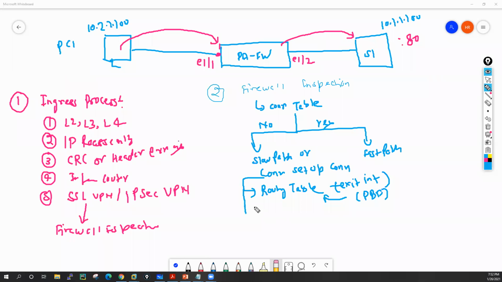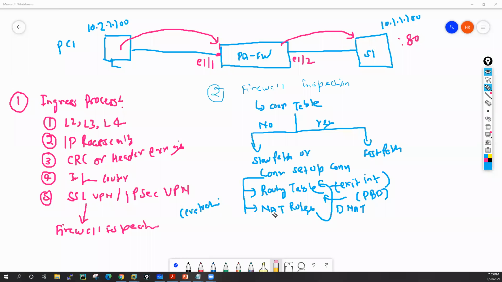Now in the next check, it will do the lookup on your NAT table, meaning it will do the lookup for NAT rules. In NAT rules, basically we have two conditions. If traffic is related to destination NAT, then for the destination NAT traffic it will send the traffic again to the routing table, because the destination will change. In that case, routing may also change, right? So in case of destination NAT, it will send the packet for routing lookup once again. If the packet is related to source NAT, then it will just do the lookup on NAT rules and evaluate the NAT rule.